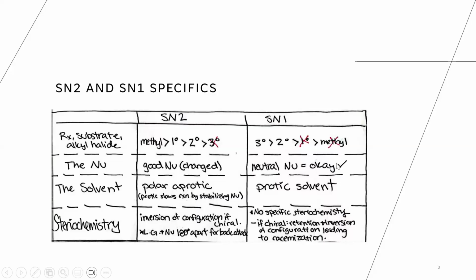So with SN2 and SN1 reactions, here are some specifics that we're going to see. SN2 is special and it actually prefers a less substituted alkyl halide or substrate, preferring methyl the most, followed by primary and secondary, and it doesn't really like to go through with tertiary. There's a little too much steric hindrance. We were talking about that backside attack, that 180 degrees that we need. That's not as simple with a tertiary